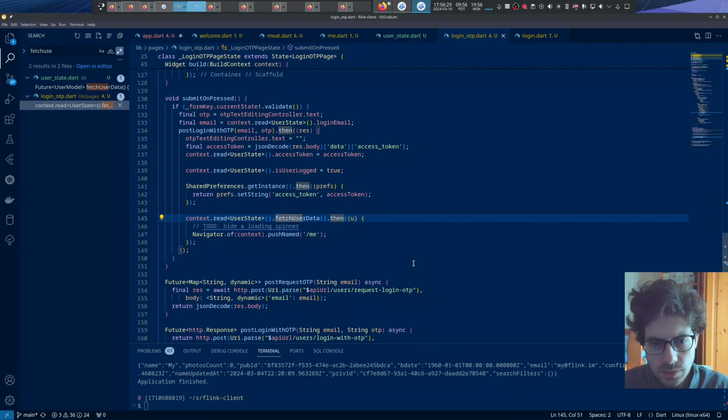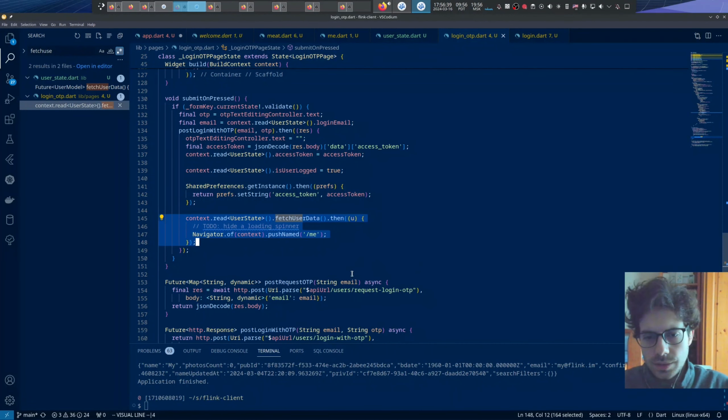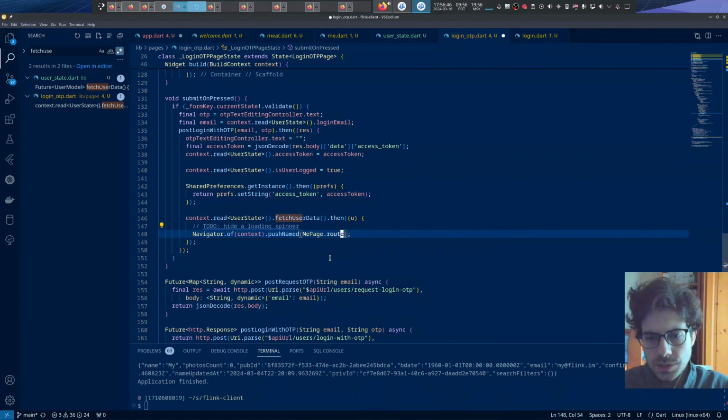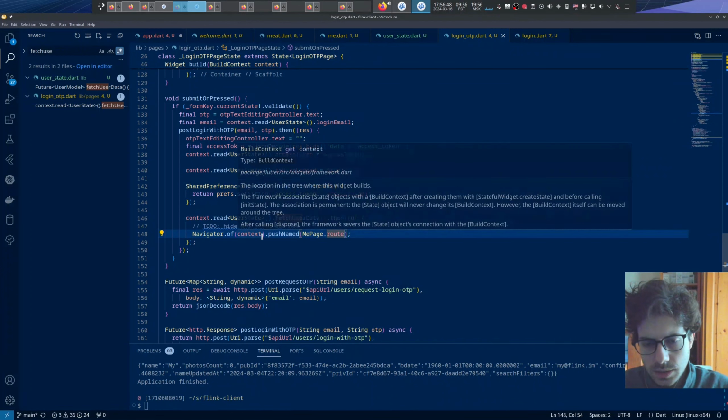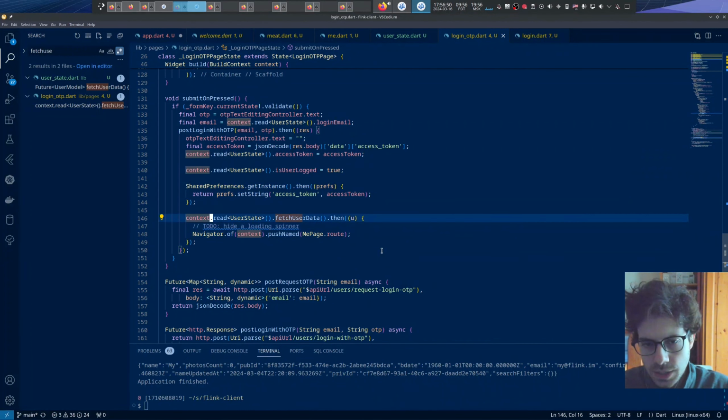Alright. Yes, we do it like this. Alright, and if we get the data without errors, we push the me route. Let's change this. Let me page the route. And hide the loading spinner, of course. Let's see if